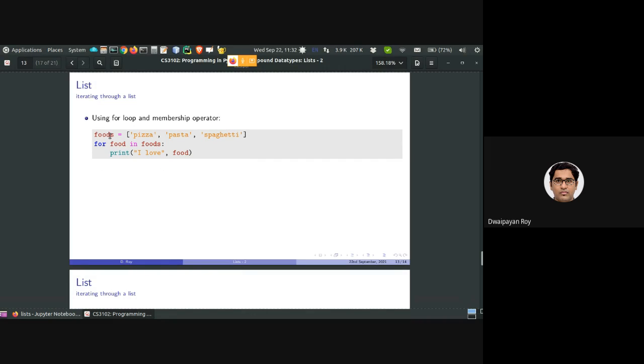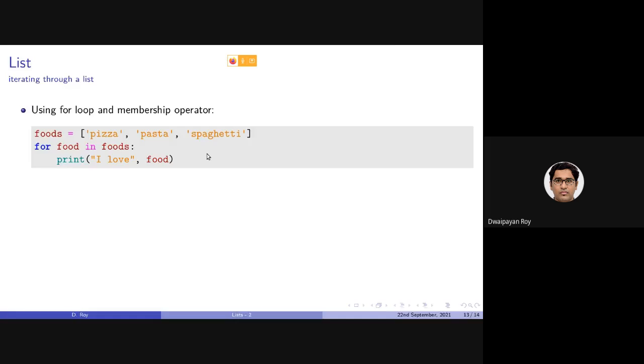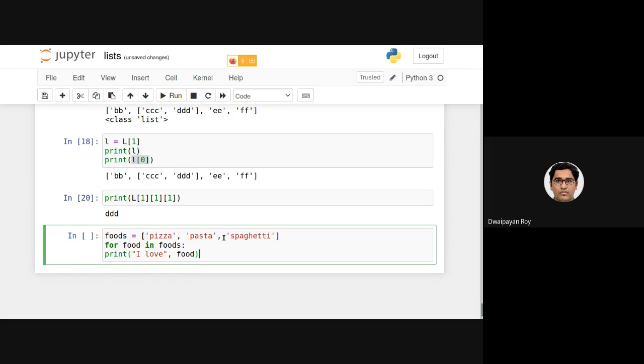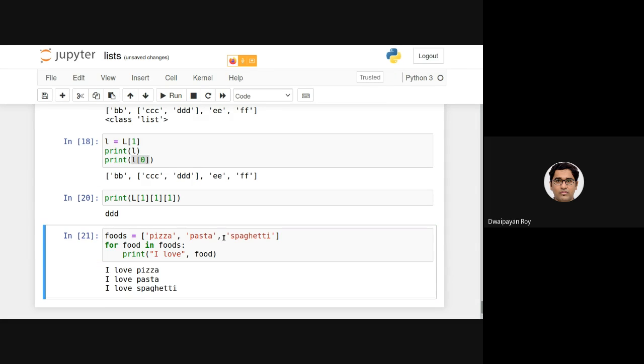Again, let's just copy it and let's just try it out. As you can see, this is basically the placeholder. This foods is basically a list, which is a sequence here. And from this sequence, we are taking individual items one after the other.